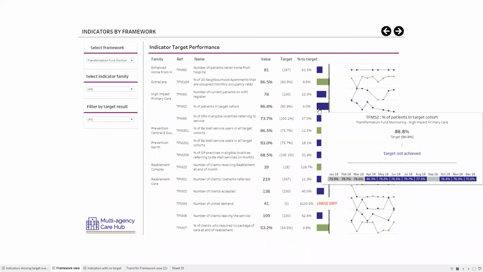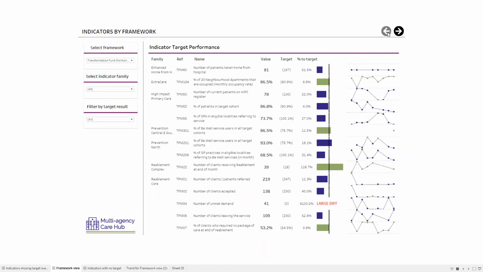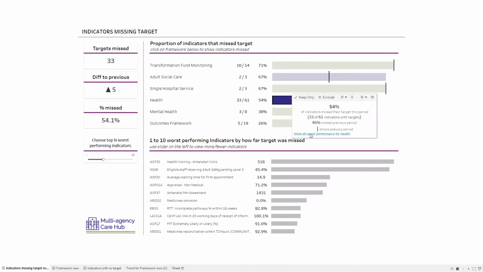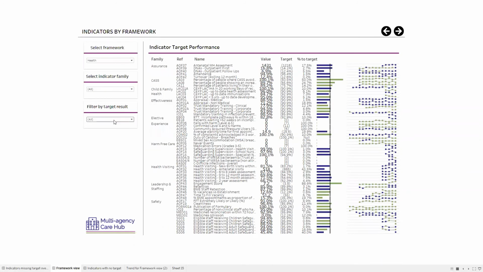There's no point in giving them everything all at once, because as I showed you with that spreadsheet, you can't get the answers you're looking for. It takes too long. But in this way, we can say, what's the most important thing? How many targets have we missed? Let's drill down into why we've missed all those targets. This has got too many targets, so we're going to